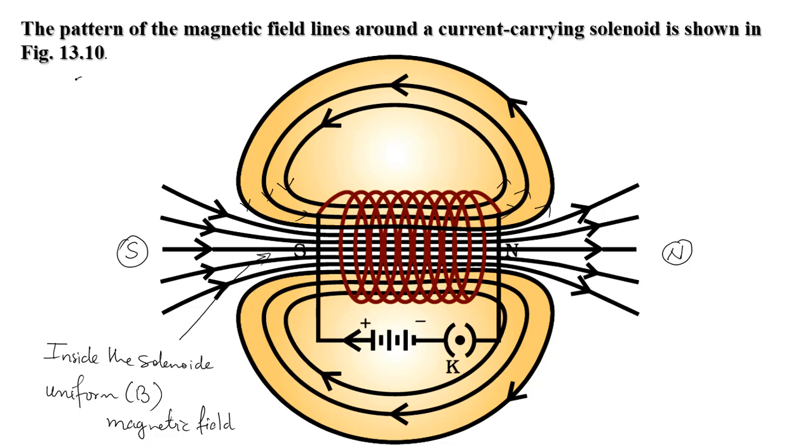Since it is very important in the board, they usually ask these magnetic field line diagrams for 3 marks. We have done the circular coil, and here it was the solenoid. These were asked in previous board examinations. You must focus on that, and you must practice drawing the pattern of magnetic field lines.